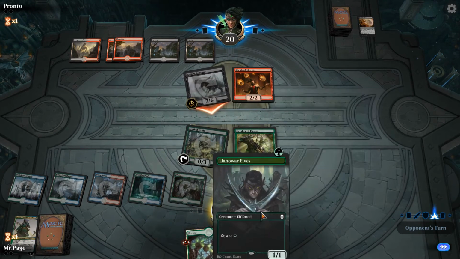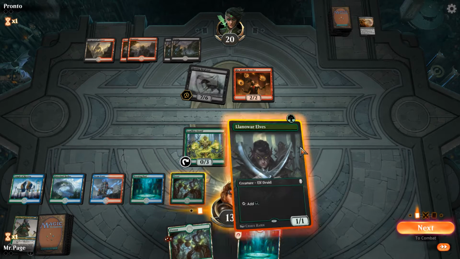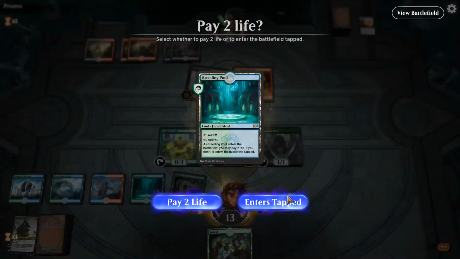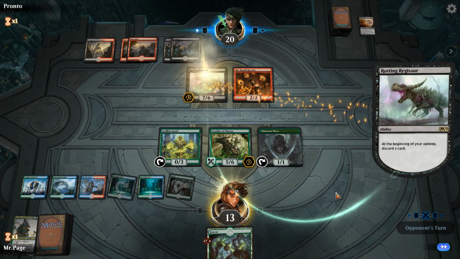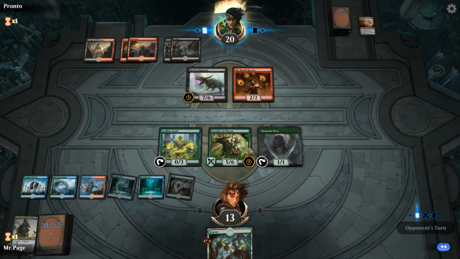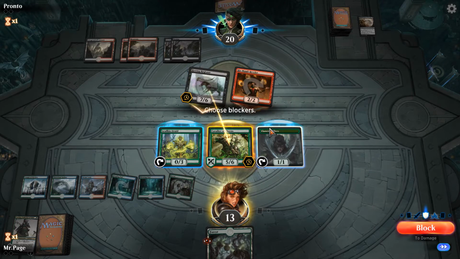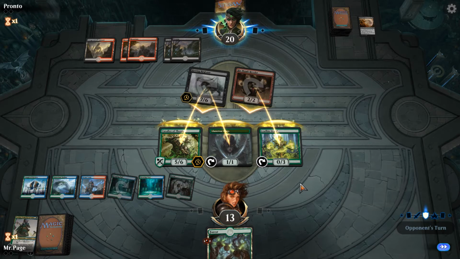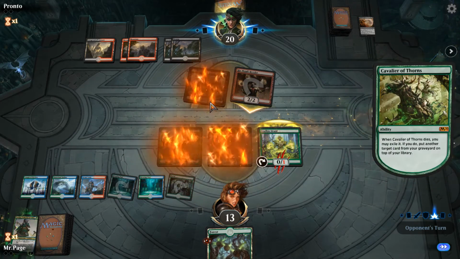I might double block this guy with Elf and Cavalier. Yeah, I think that's going to be the play here. I don't particularly want to race this guy. So we'll trade off. The Cavalier will put some good stuff back on top of our deck. Trading 6 mana for his 3 mana guy's kind of lame, but